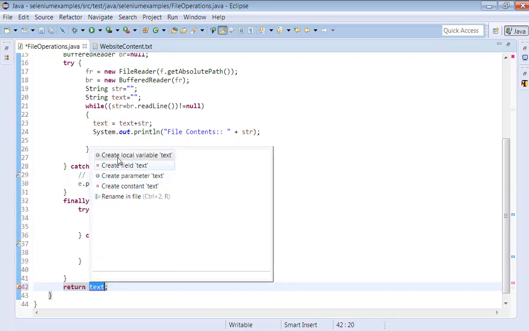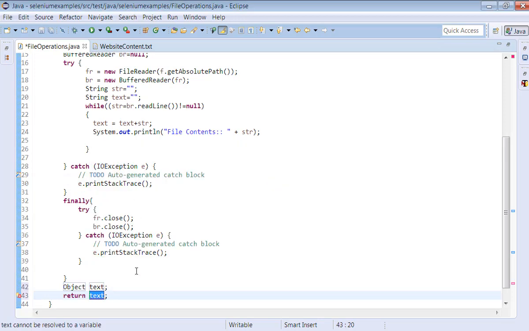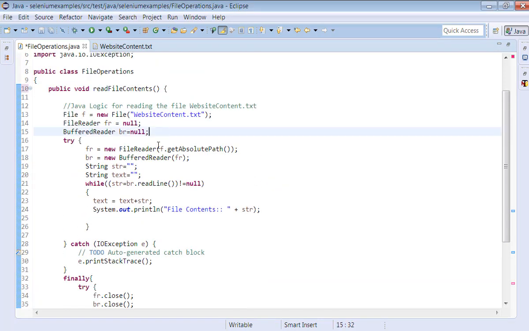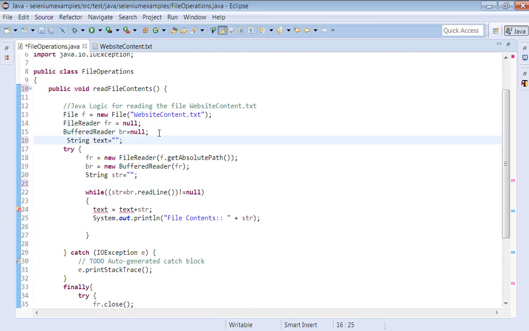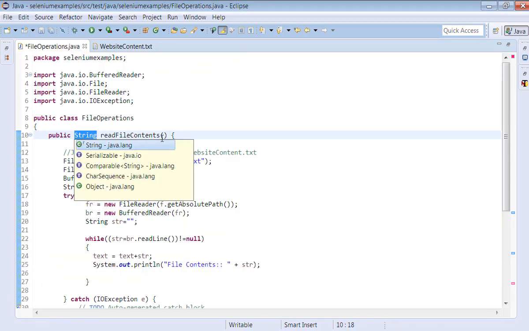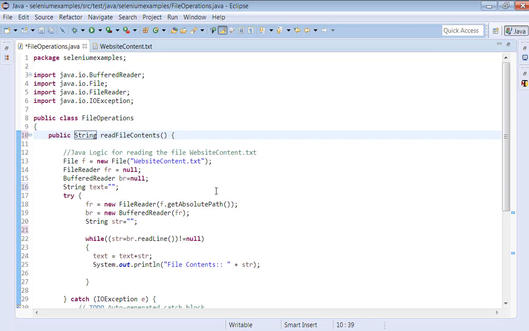So when you read a file, what are we trying to return? We are trying to return an outcome, right? So here this text we will make global so that we can use it to return this value. Let's return this value, the text. So this logic is ready. Reading the content of the file is ready.